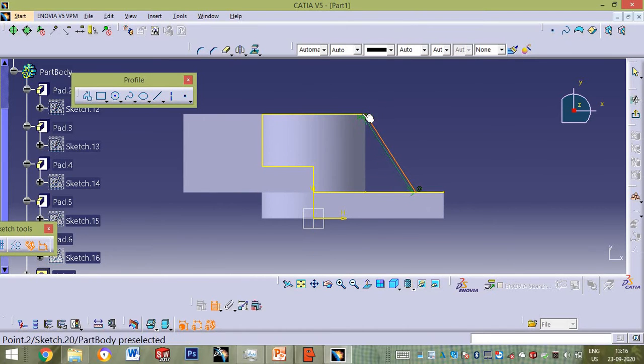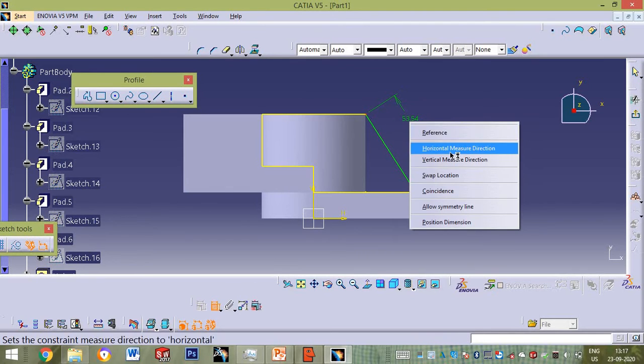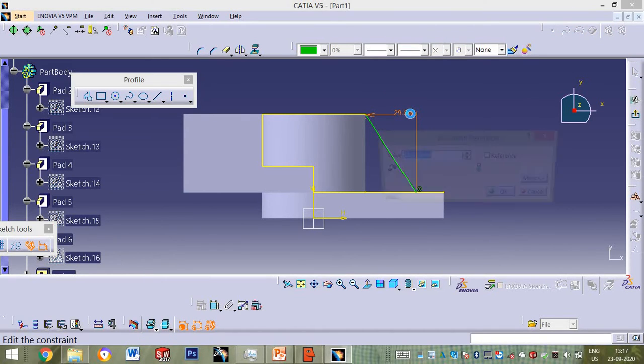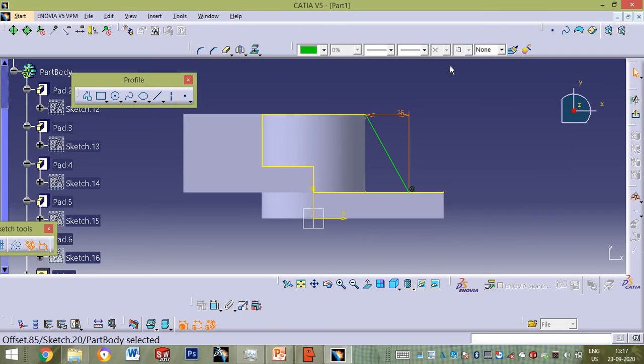Distance between this point and that point, horizontal measure, is 25. There should be an open profile, not a closed profile. An open profile is used for a stiffener.